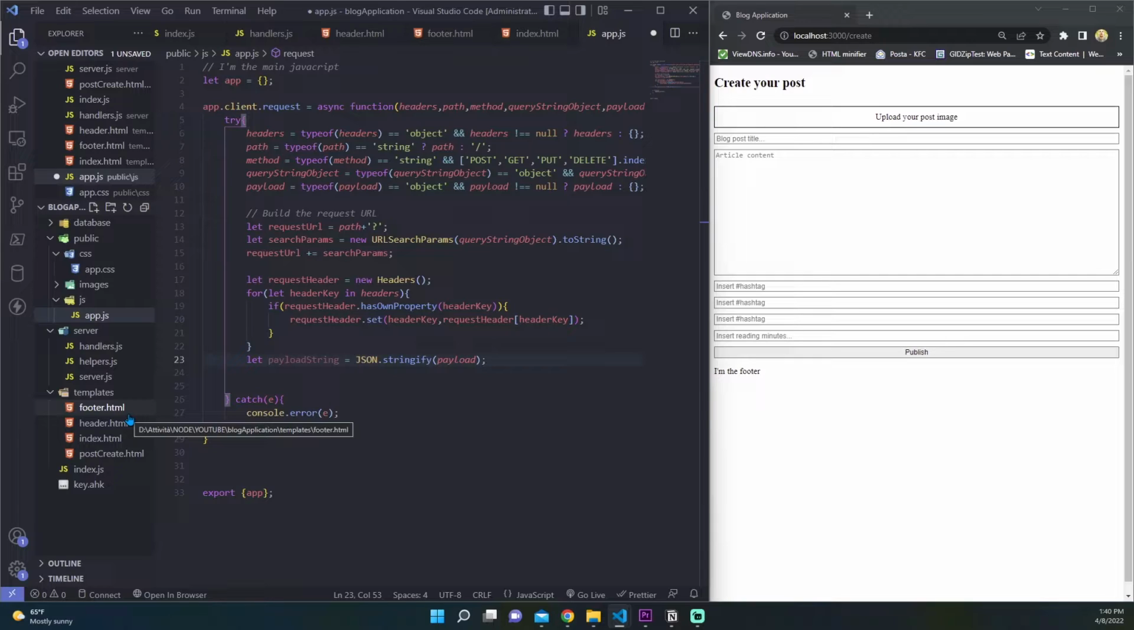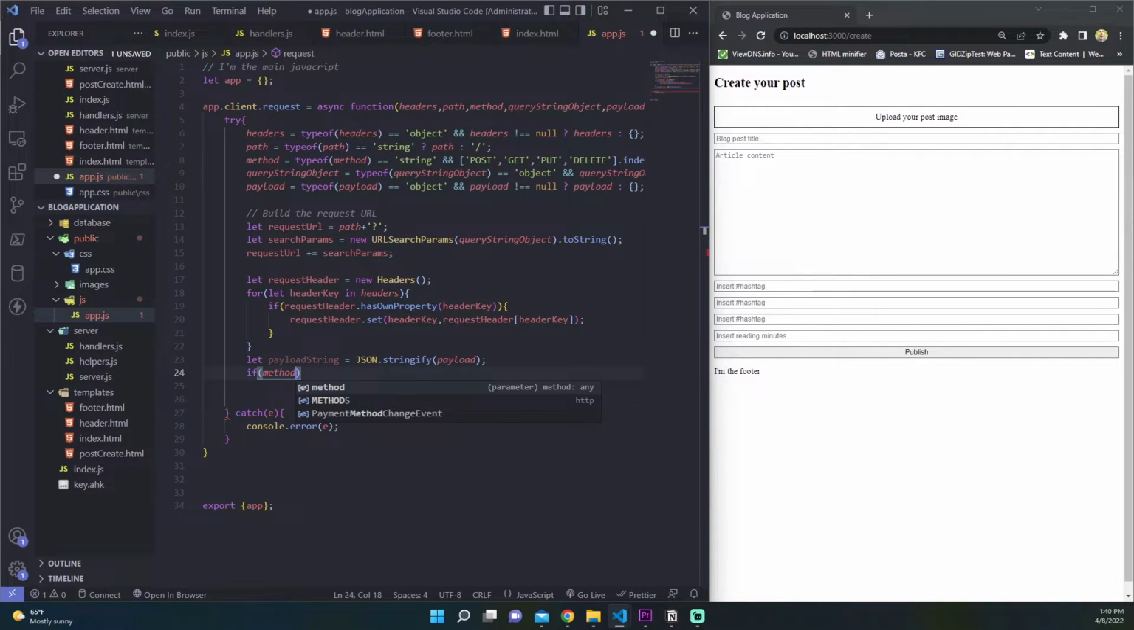Now here we have to make a distinction between the GET request and all the other request methods because of the body parameters we have to pass inside the fetch API. If the request method is equal to GET, the fetch API does not accept any body parameters. So here we can start to make an if statement. So if method is different from GET, we can start to grab the response from our server using the fetch API. So let response is equal to await